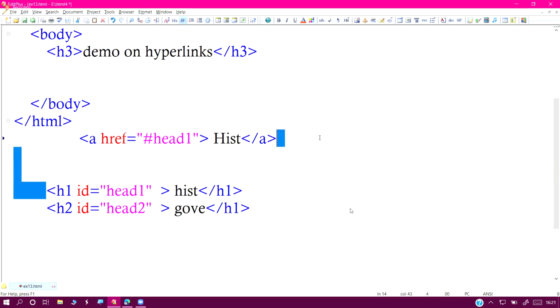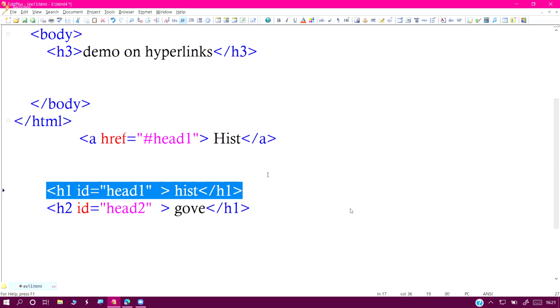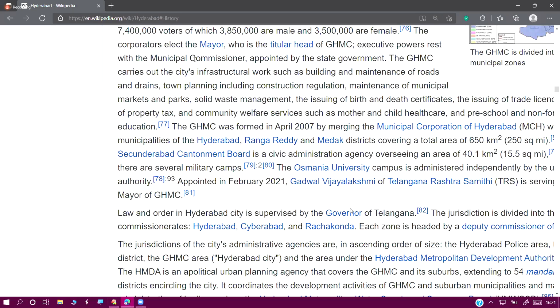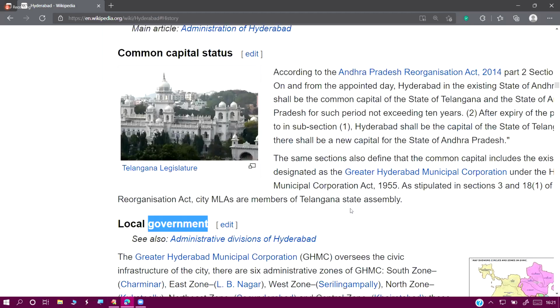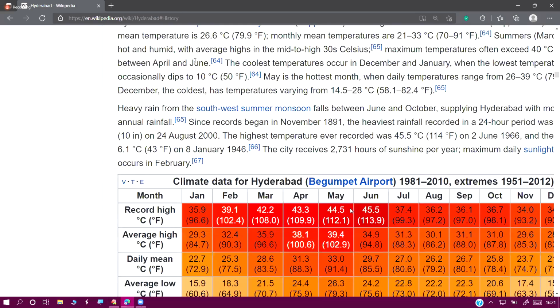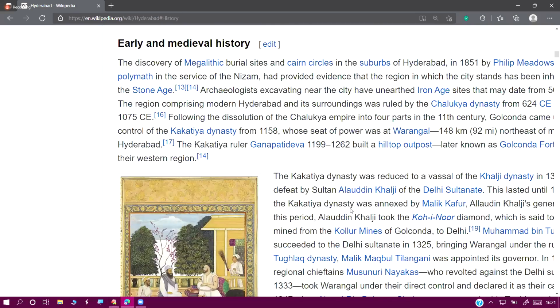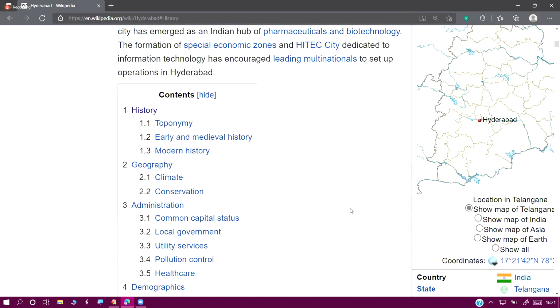Where these headings are available in our page, the controller directly moves to that line, and that line is focused in the browser also. How is it focusing, sir? A heading line becomes the first line of your web page. See here, the same thing happens. This is my content. Bottom, history is there. But after clicking on history,